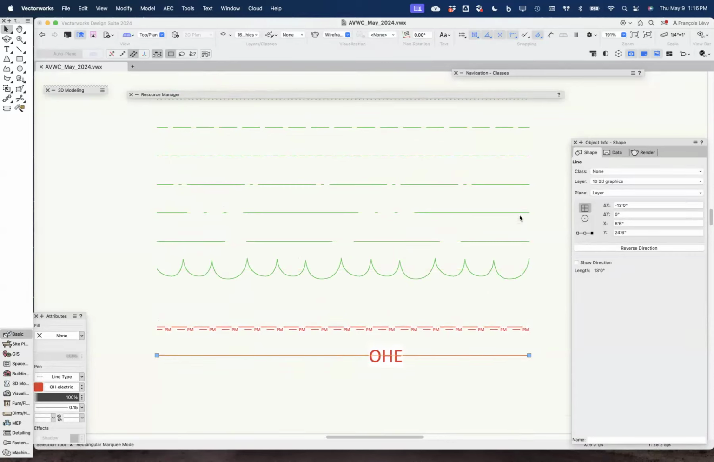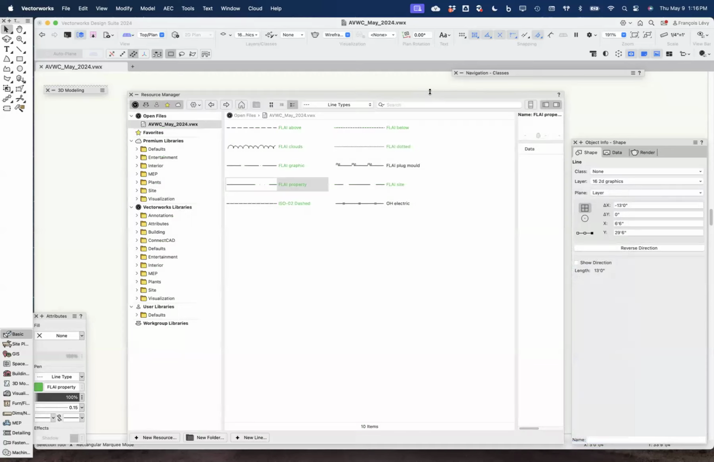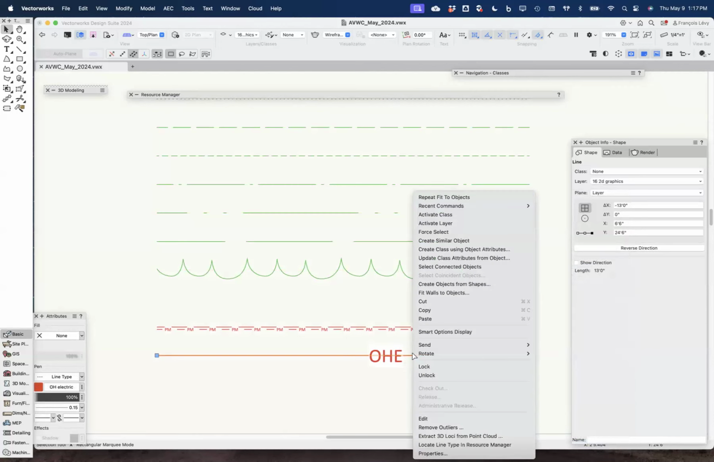And the ones that are in green are designed to scale. So here, all these in green will scale. And then the ones that are in black in the resource manager will appear the same size regardless of the scale of the drawing. So in this case, if